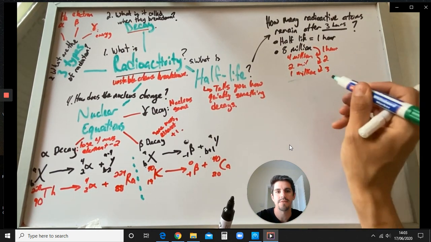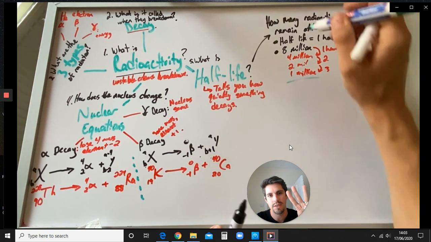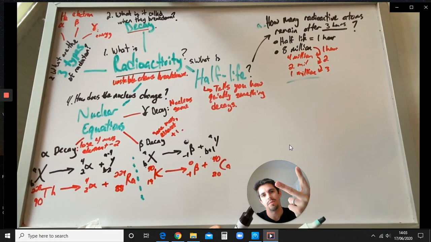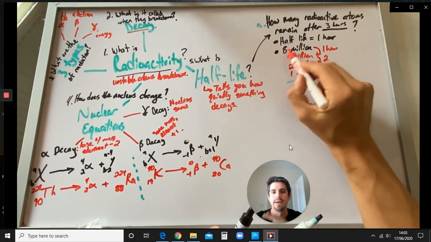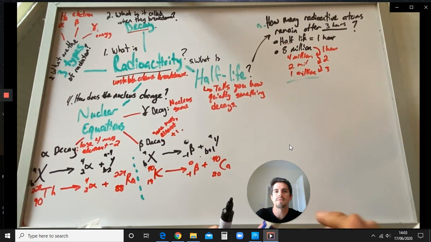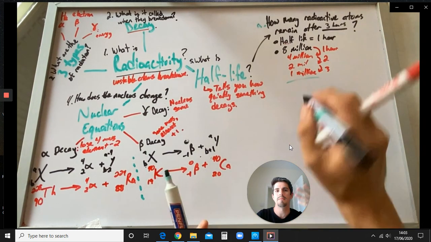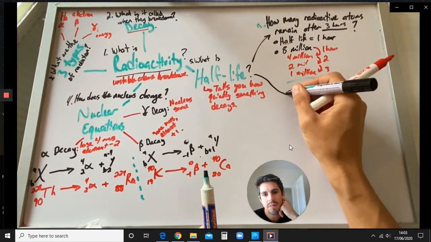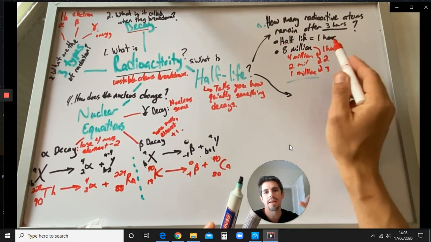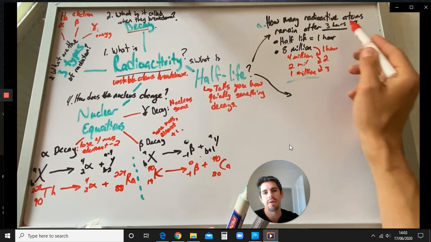That's 3 half-lives, so it's cut in half 3 times. 8 to 4 to 2 to 1 million. Okay, so that's question A. That's the first type of question they can give you about half-life: how many radioactive atoms remain after such and such time, and they told you the half-life. You can work that out, no problem. So notice that because it was an hour, it is still quite a lot left after 3 hours.